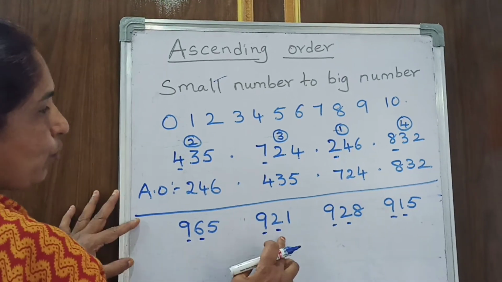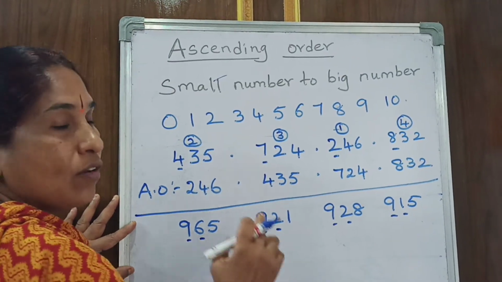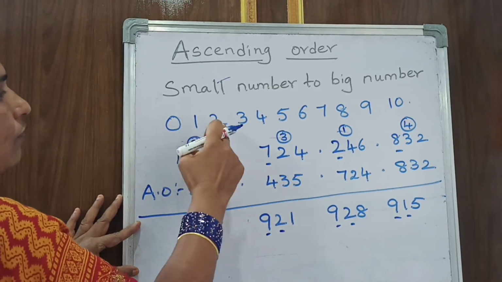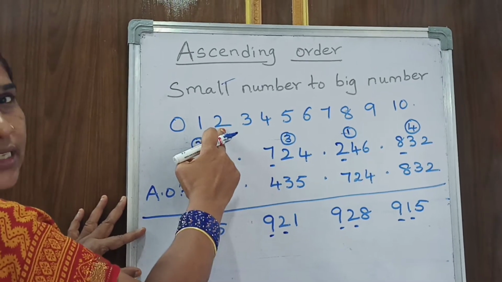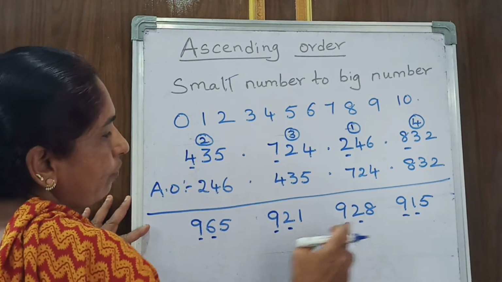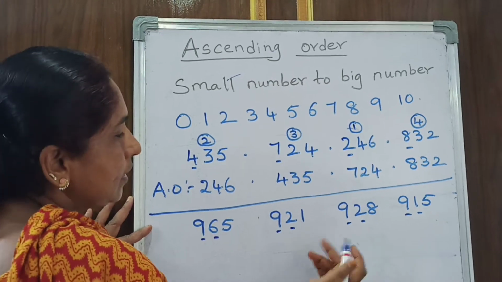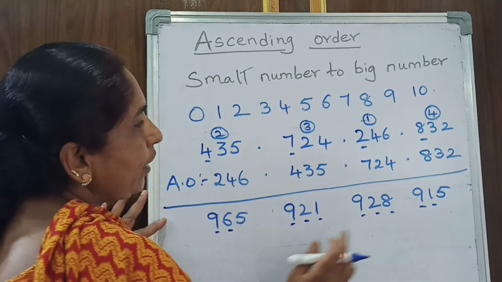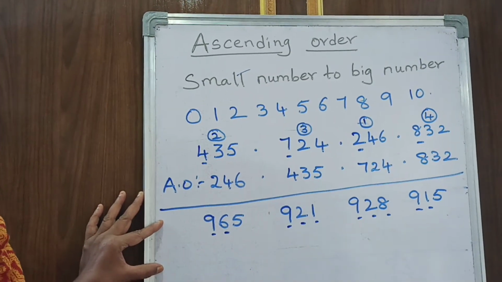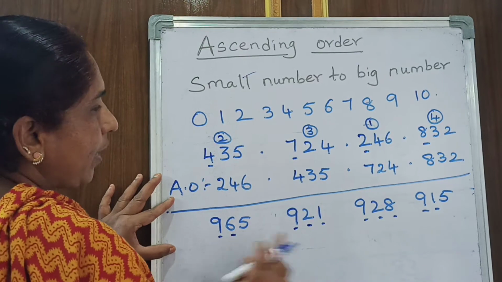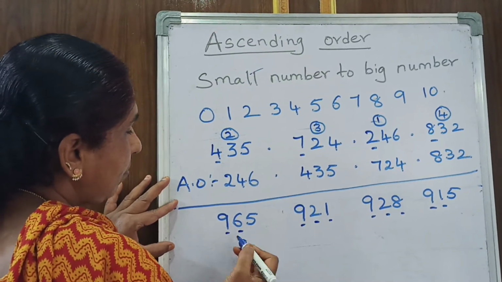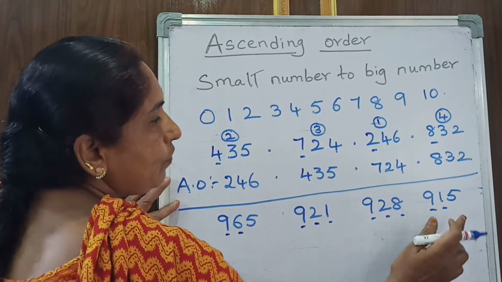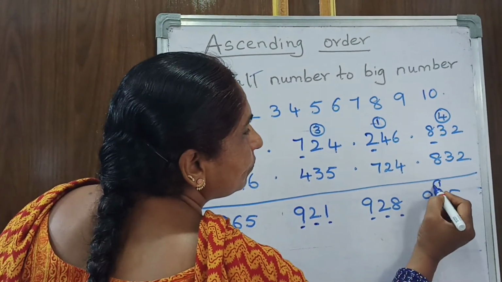So when you are getting two 2s, just see here. 0 is the smallest number, 0 after, 1 is the next smallest number, 1 after, 2 is the next number. Is it clear, children? So here you are having 2, 2. When you are having both same numbers, see the third number, here 1 and here 8. Out of this 1 and 8, you have to see the small number. Is it clear, children? First we have to see the second number 6, 2, 2 and here it is 1. So 915 is the first number.